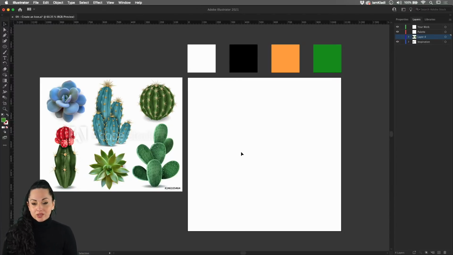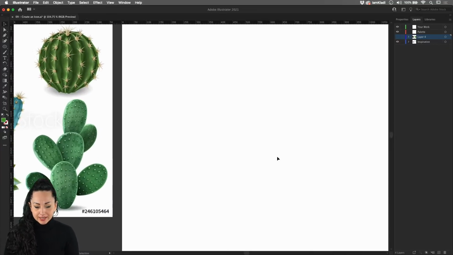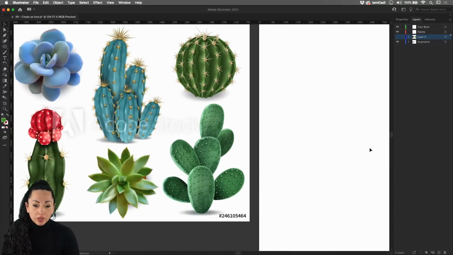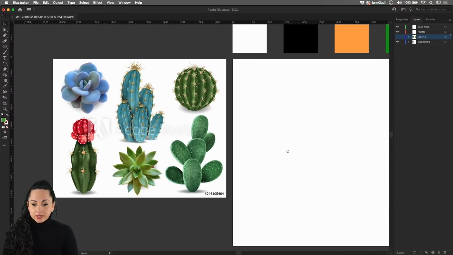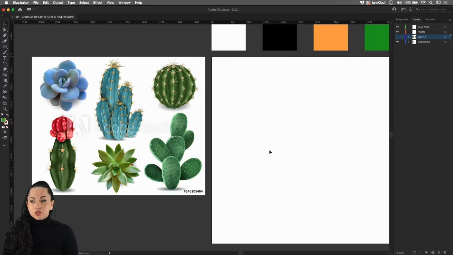Today we're going to be focusing on creating icons, so minimalistic illustration using the Ellipse tool. And the reason why I've placed an image there, which as you can see has an Adobe Stock watermark, because it's a template from Adobe Stock, is because I wanted to have some inspiration. So the majority of people ask me a lot of questions about how to design, how you create. I always have a reference.